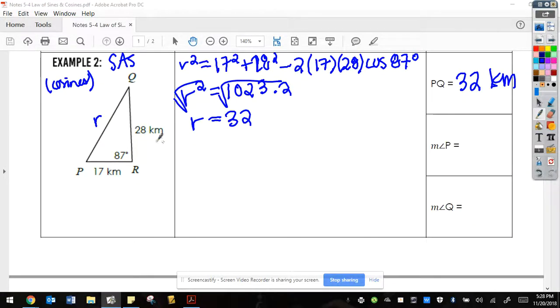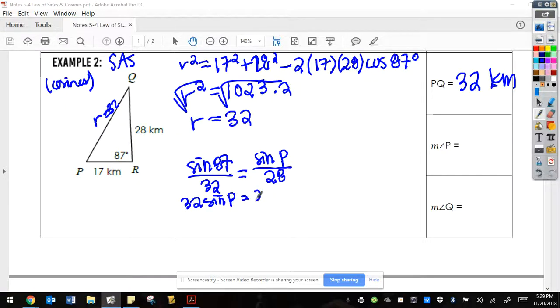All right. Now, because you have that r equals 32, now you can use law of sines. So I have sine of 87, which is across from 32, so I put that underneath, equals, and then let's say I'm looking for angle P. So I would do sine of P over the side across from it, which is 28. If you cross multiply, you get 32 sine capital P equals 28 sine of 87. And then if you divide each side by 32,